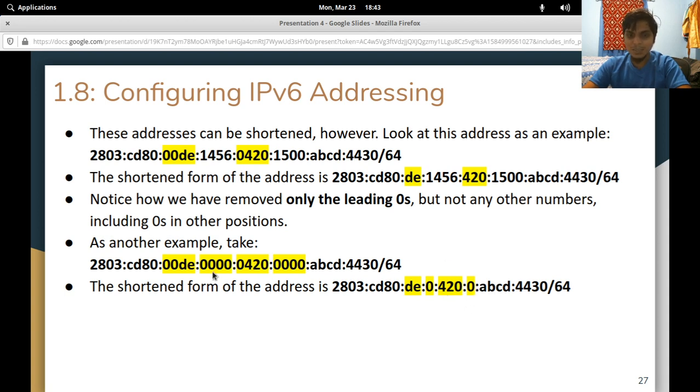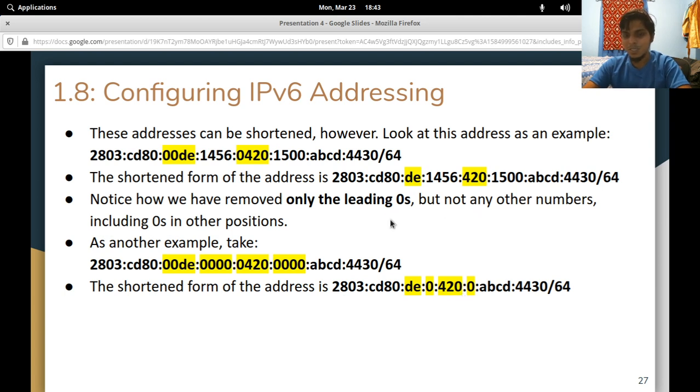The reason we can't just remove this whole group here is that we need to ensure that we maintain the number, right? It's 128 bits, so it's easy for us to say we have 128 bits in total, and this is the number we have, so we could go back and expand it and just keep adding zeros here, because we know our one rule was that we can remove leading zeros. If we said we could remove leading zeros or trailing zeros, then how would we know how much to add in front or how much to add behind?